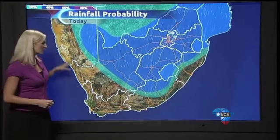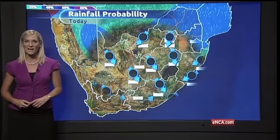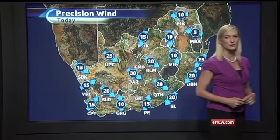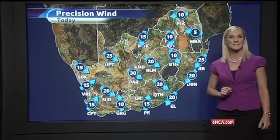It's a dry Monday along South Africa's coastline, but with isolated thundershowers over the interior, and that's mainly in the afternoon and evening hours. A light southwesterly wind is forecast along the coast from Vredendal through to Port Elizabeth, with a moderate northeasterly wind along the east coast and fresh winds in the forecast over the southern and southeastern parts